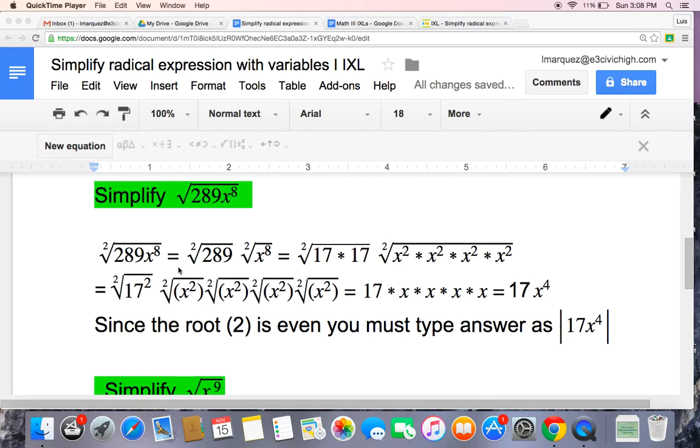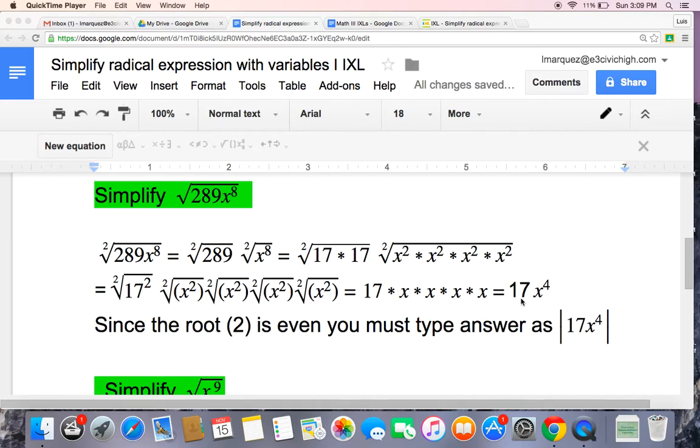I'm going to simplify the square root of x squared as x. Again, that's because I'm looking for an expression that multiplied by itself twice will give me x to the second, and that will be x, because x times x is x to the second. So I'm going to have 4 x's. Finally, I'm just going to simplify. So I'm going to multiply x by itself 4 times to get x to the fourth,